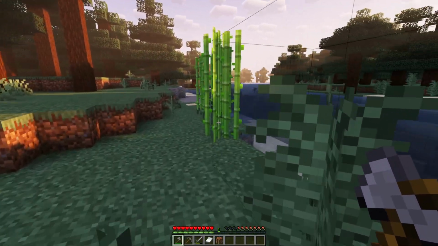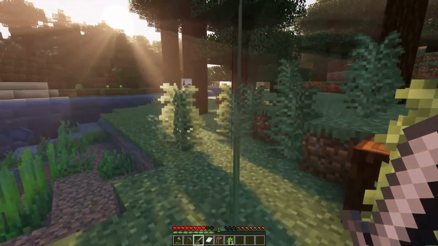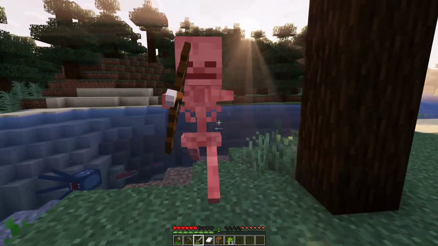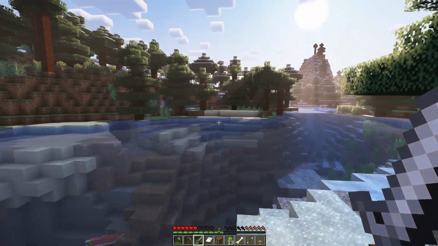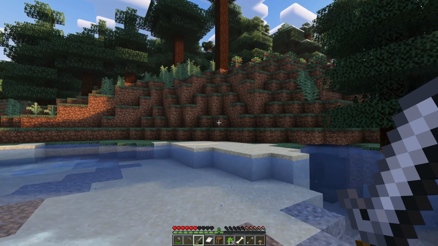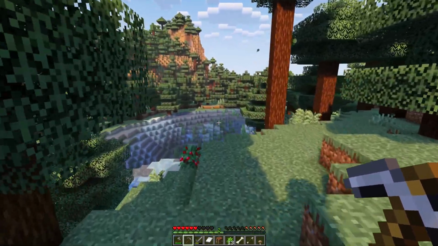Oh, there's a skeleton nearby. No, we've done this, go away. Go away. Oh, I don't know if this is the direction I want to be going. See, this looks like it's getting colder. I want a biome that's getting warmer. Yeah, this doesn't seem like a good idea. Let's head back